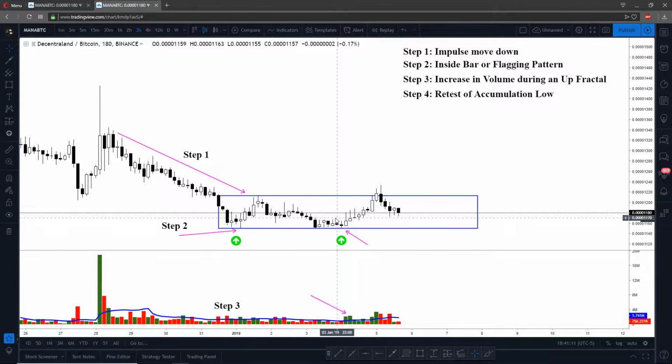Something that you can look for not only in uptrends and downtrends, but also in long periods of consolidation. It will give you an edge on, yes, this is a sideways market, but which way is it leaning? Is it leaning bullish or bearish? So if you see this type of structure in a downtrend and it starts to consolidate, this is leaning towards the bull side, because